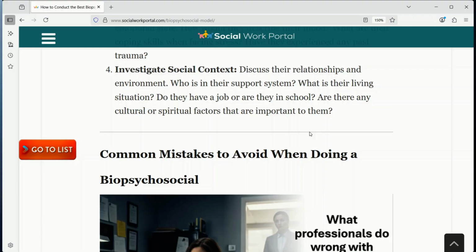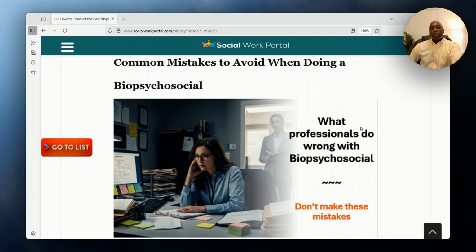That is one mistake we see professionals make again and again. They don't take the time to connect with the client. They instead view every client as just a case for them to support. No, that's not the approach you want to use. The approach is, let us quickly go over some of the additional common mistakes for you to avoid when doing